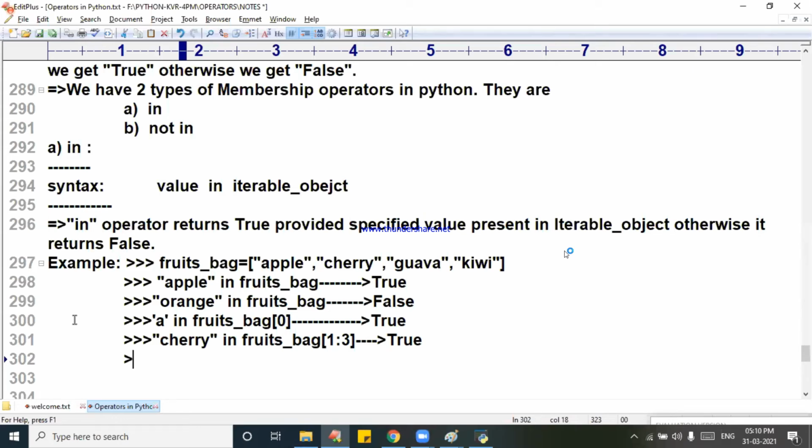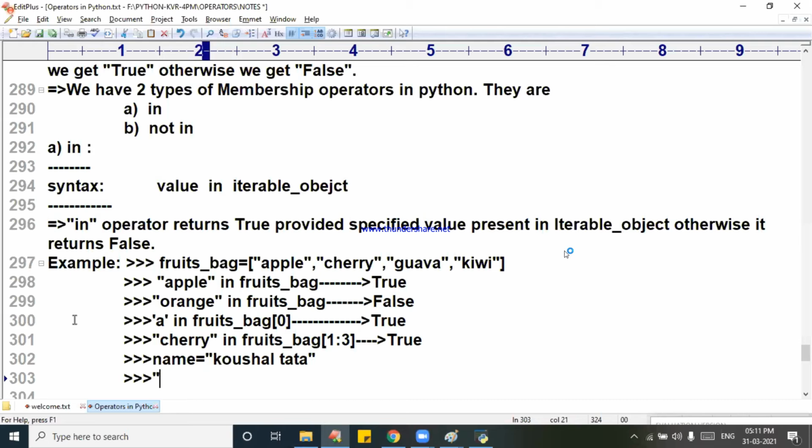Now I will write one more example here. Name is equal to Kaushal Tata. I will take it like this. Now I am asking, what is that? Tata.